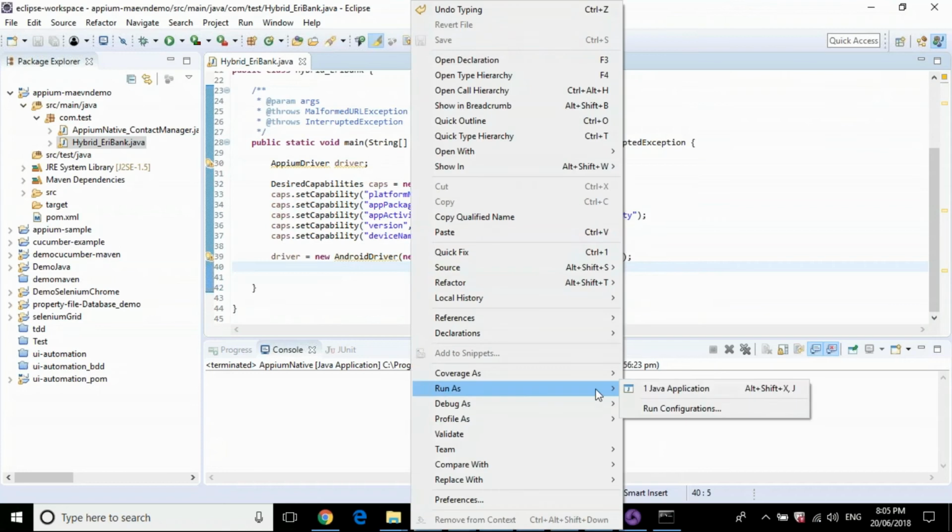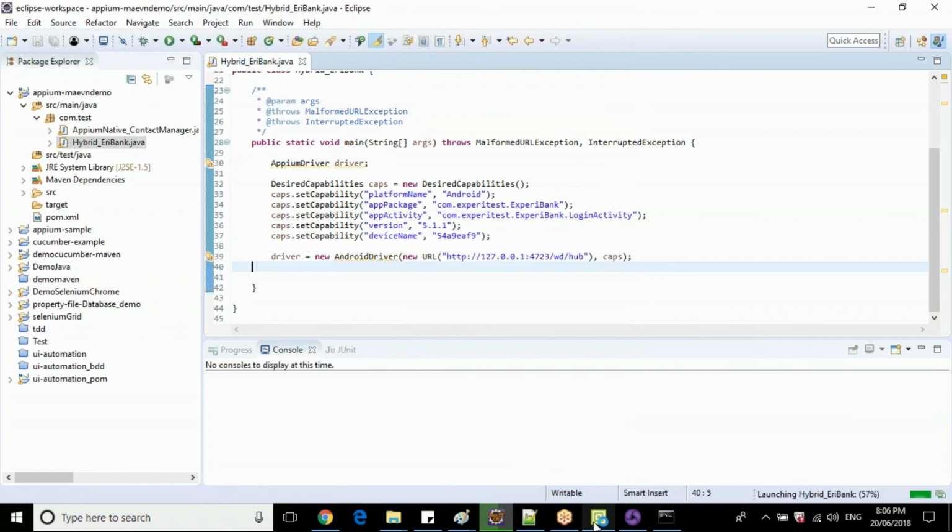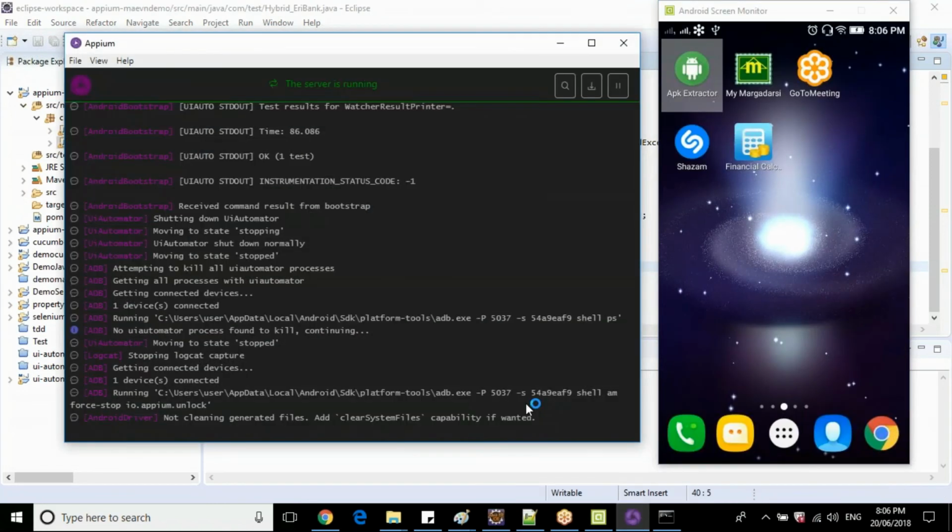So let's execute this one and check if the application will launch or not. I have my mobile screen and Appium ready.